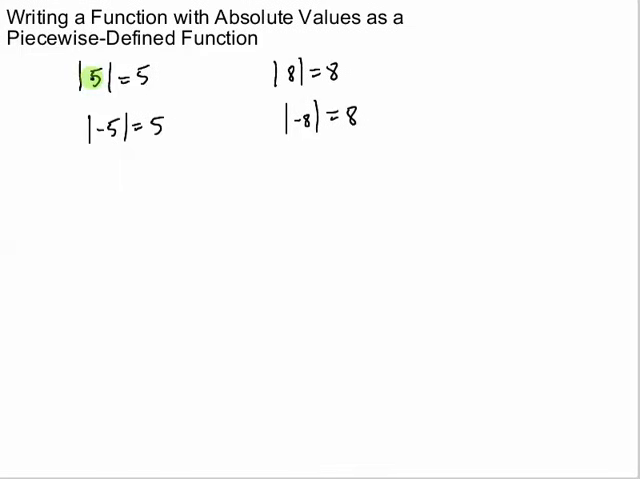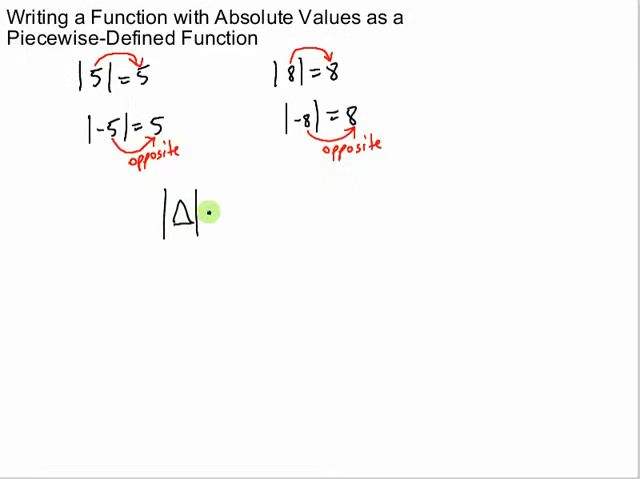So if the number inside an absolute value is positive, then the absolute value is that number itself, right? This 8 is positive, so the absolute value is also 8. If the number inside is negative, then the absolute value will be the opposite of what was inside, and the same thing here, right? So in general, opposite means to multiply by negative 1. So what we could say is